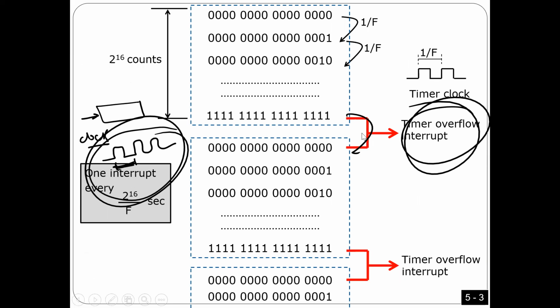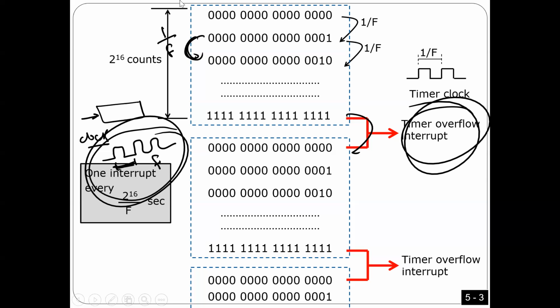So it's automatically counting all the time, from 0, 0, 0 until 1, 1, 1, 1, and then from 1, 1, 0, 0, 0 again to 1, 1, 1. It should count this way as long as the timer is enabled. Also, if the frequency of this signal is f, that means the time for each count here should be 1 over f.